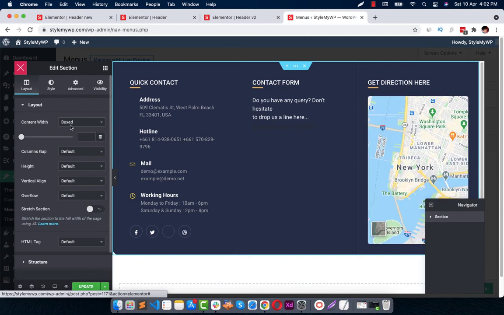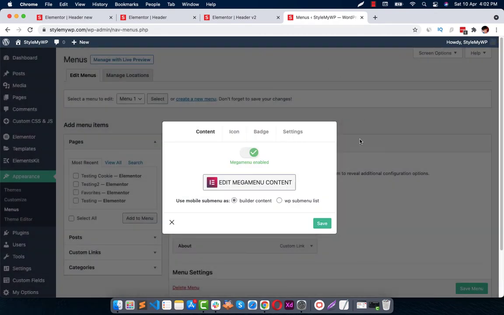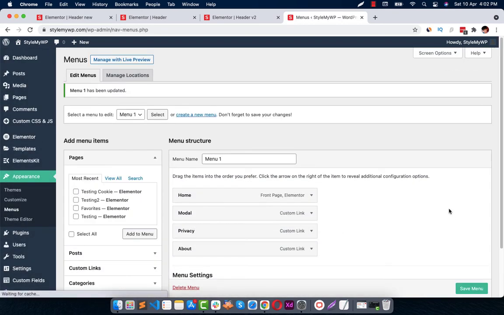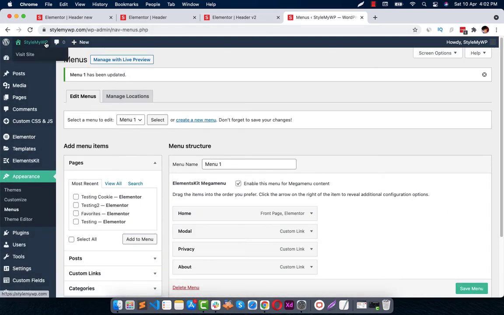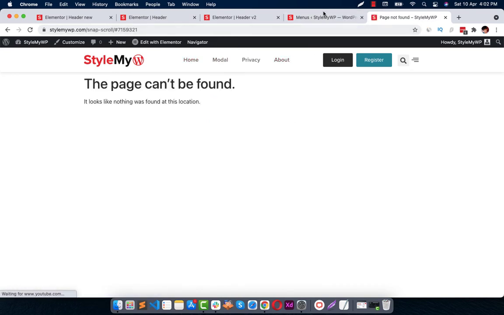Make sure you keep this to full width and stretch this section so it looks good on the devices. And let's update this without changing any content because it's just a dummy video. So let's save this and save this. And now when we go back to the website, we can't see the mega menu.